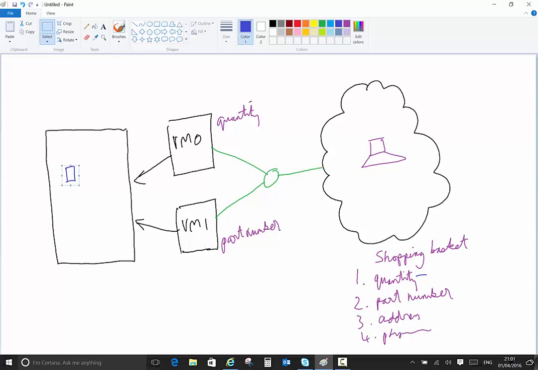Then let's imagine that we get number 2. We get part 2, which is the part number, so we get our HTTP request, and we pick that up, and it goes across here. And then what VM1 does then is it stores it in here. Now VM0 and VM1 both have a full view of the transaction so far,